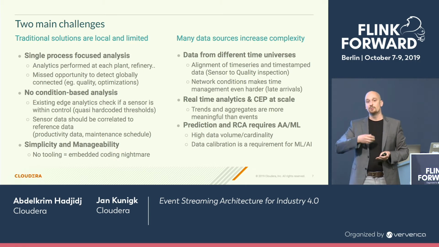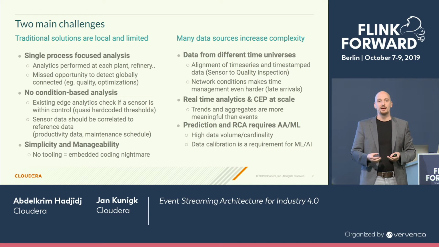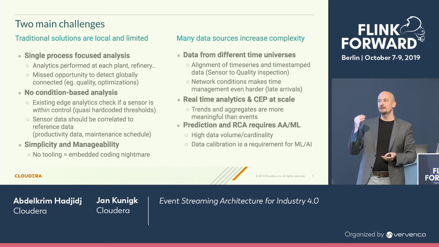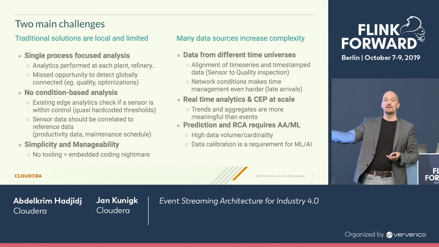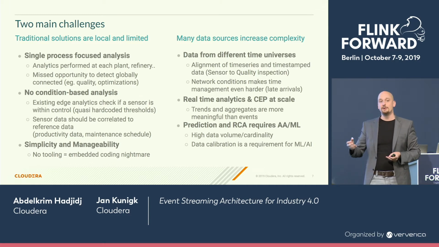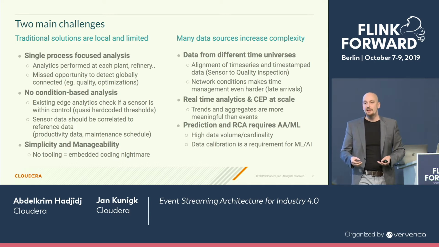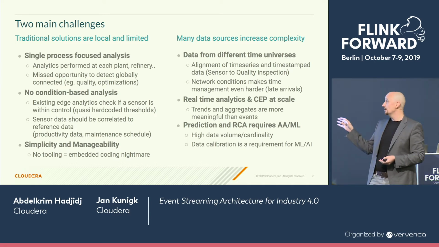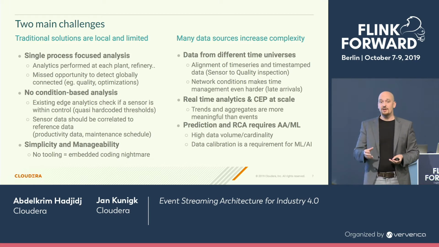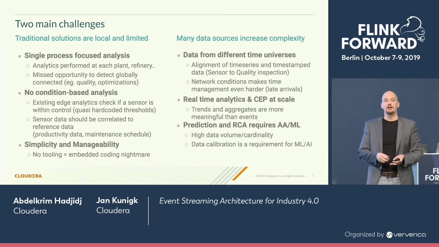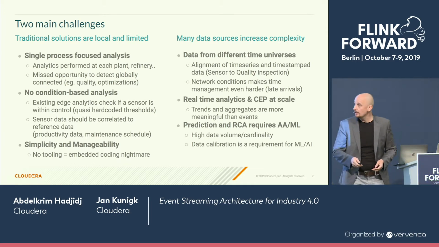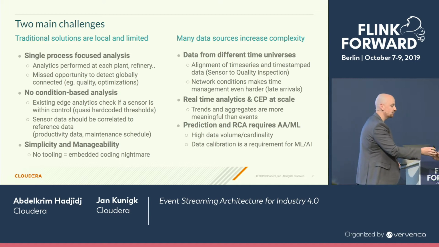And then, of course, what you ultimately want is to deploy more advanced analytics in order to predict that a failure is going to happen in your manufacturing line. Because if you can predict that, then you maybe can take action at the beginning of the manufacturing process, and make sure that you don't have another 1,000 items running through your manufacturing line before you find out, oh wow, all of these 1,000 items have an error in them. That is why machine learning models in the manufacturing space, in this Industry 4.0 space, and predicting those errors via machine learning algorithms is very relevant. So with that, I'm going to hand over to Abdel, who's going to talk about how we try to tackle that.